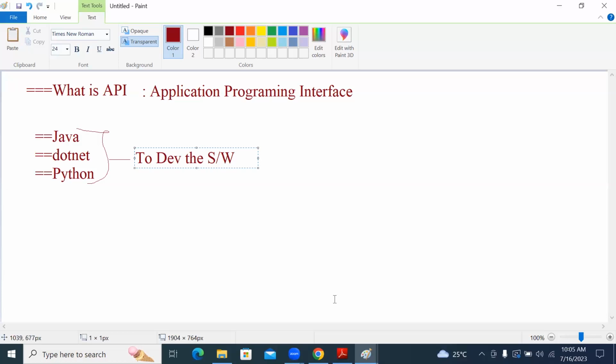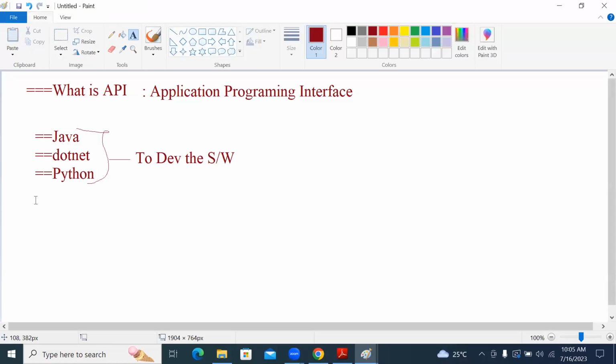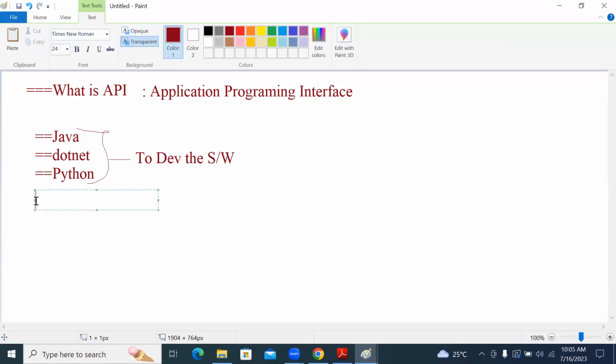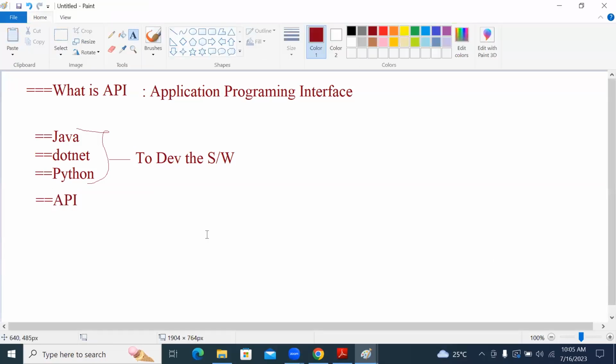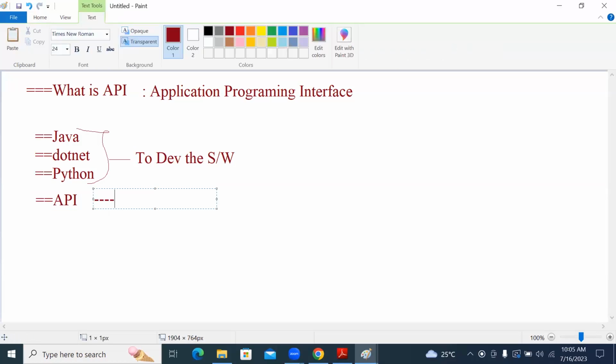Now, in a similar way, in the market we have the concept of API also.